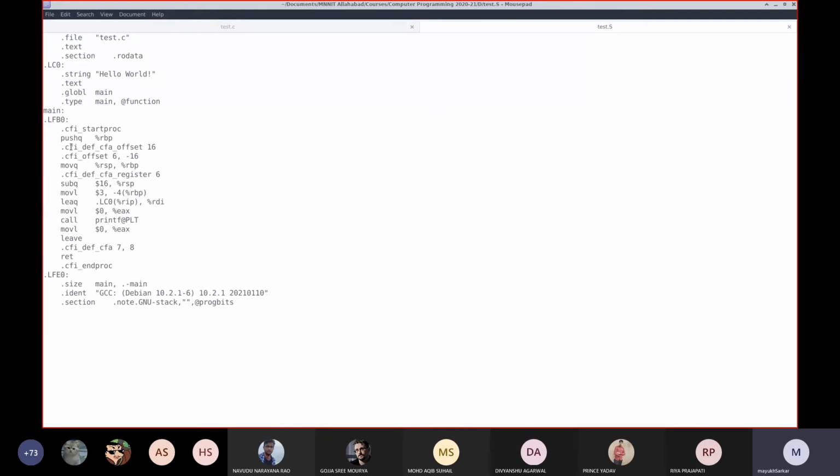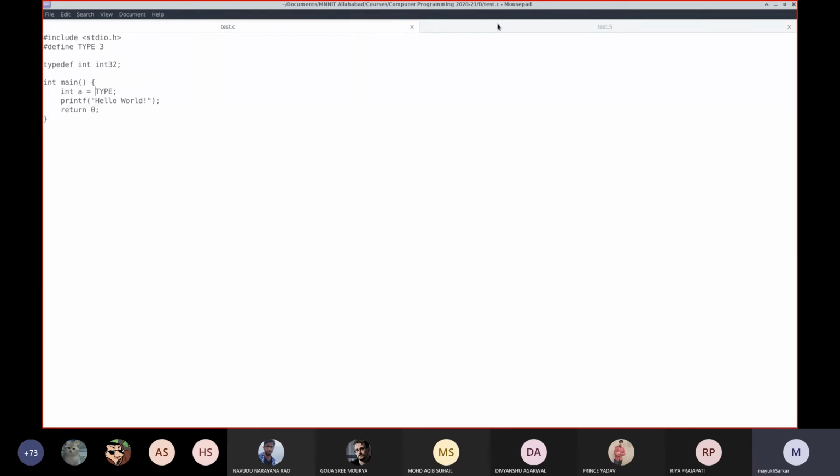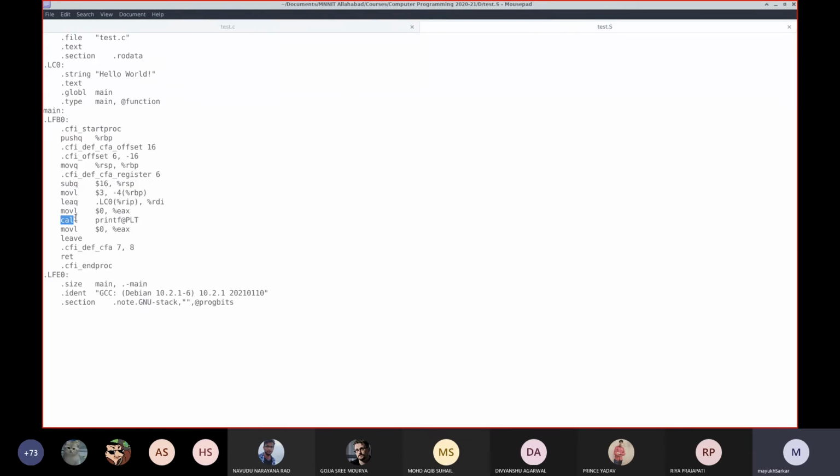test.s, what you are seeing here, I think some of you have observed this mov, right? See, in test.c I am calling the function printf, and you can see that corresponding call to printf here as well. Obviously, they have other meanings, like @PLT and so on, depending upon the rules of the assembly instructions on Linux, and I'm not an expert in that.